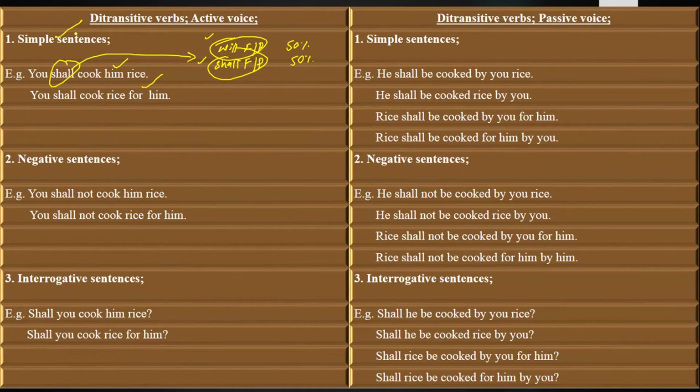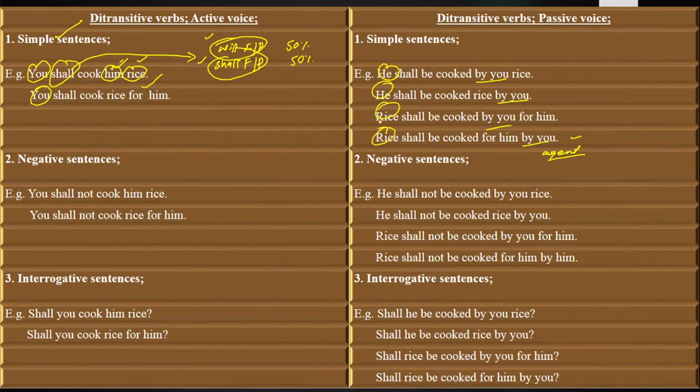Main target, how we are going to change it into passive voice. For changing it into passive voice, first we will discuss a little bit of the rules. When you bring the subject, the doer of an action, into the place of the object, you make it by you. Keep in your mind, here by you is not called an object, it is called an agent. And what is an agent? It tells us who does an action in a sentence. And when you bring the object, whether indirect or direct, into the place of the subject, him you make he, and rice as it is.